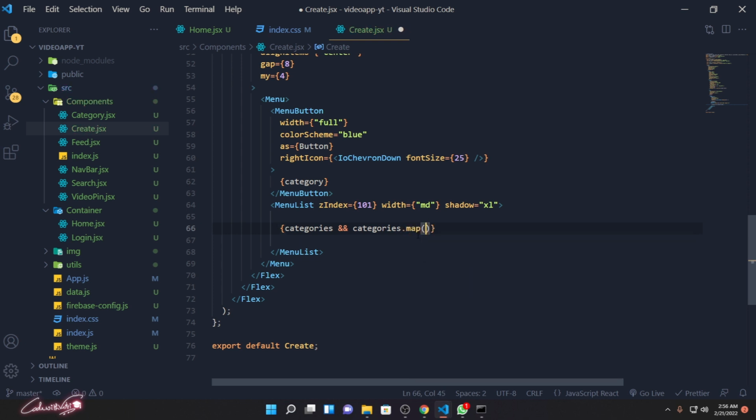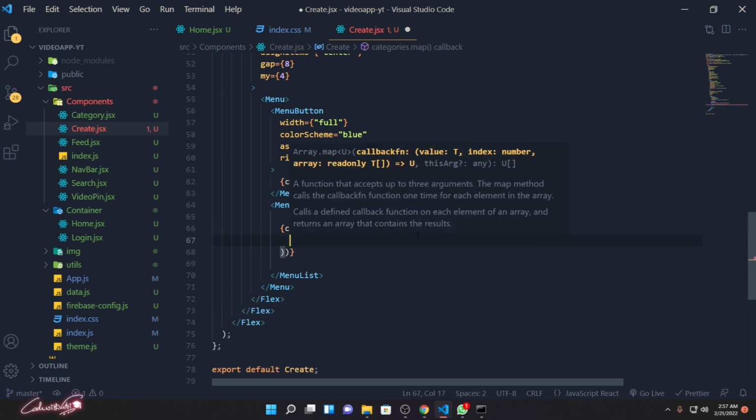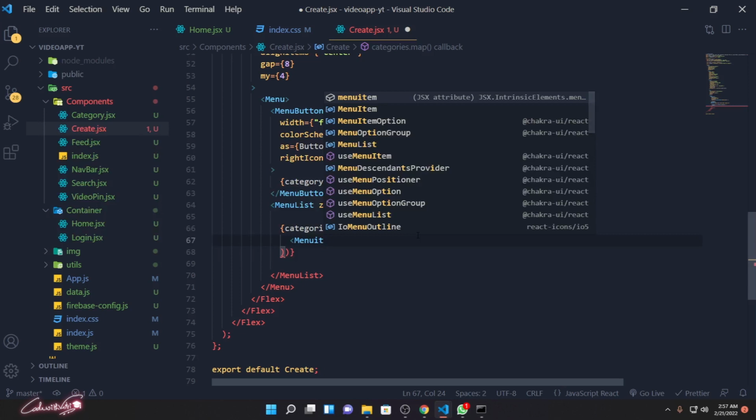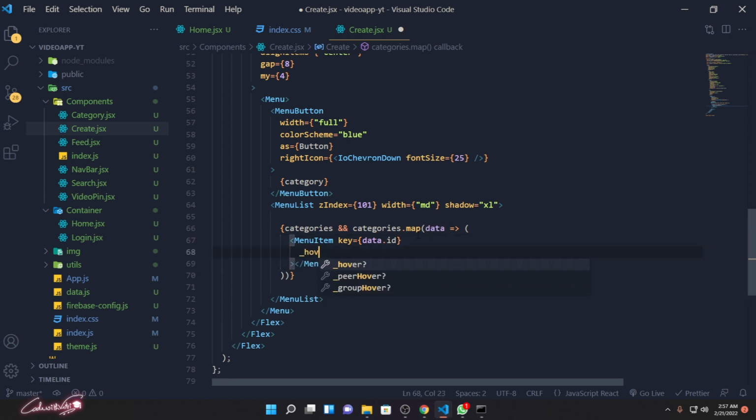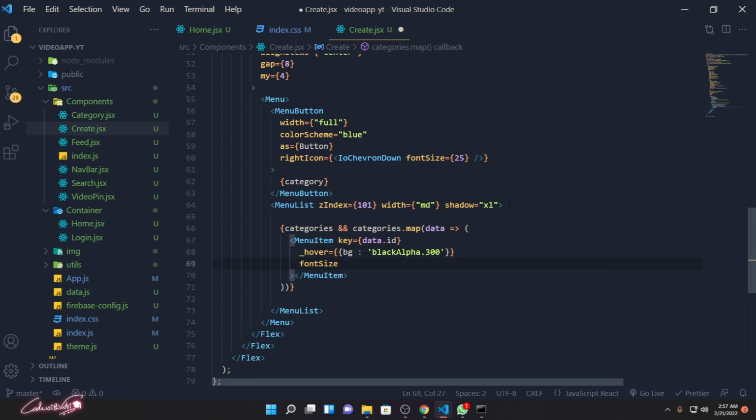dot map, open the data, iterate through each and every data and create a component. Here we are going to bring the menu item, close it, and for each menu item we need to pass the key that should be unique, so data.id. Then on hovering this menu item, it should change the background color. So BG, it's going to be black alpha 300. Type it without any spelling mistake, black alpha 300,